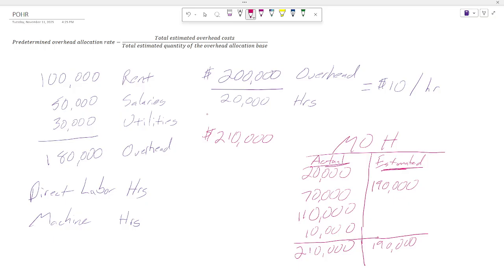Well, if our goal is to get it to zero, right now we're sitting at a $20,000 debit because our debits are $20,000 larger. We need to get rid of that. So we need to credit manufacturing overhead, 20,000. We need to debit something 20,000 though. And so where is this actually going to go? We are going to put it into cost of goods sold.